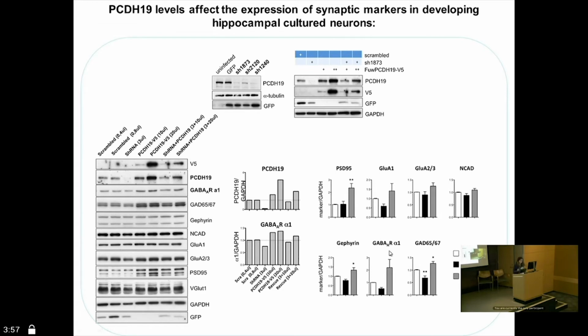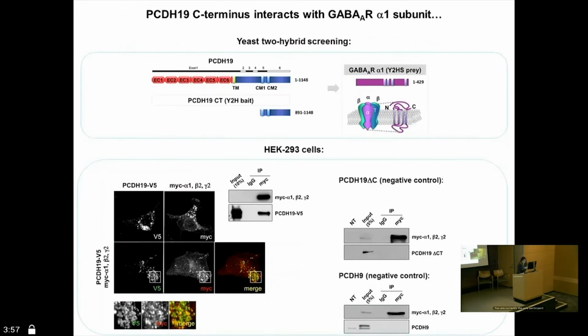So, protocadherin 19 seems to be important for the maturation of the synapses. Interestingly, we found that the C-tail of protocadherin 19 interacts with the GABA A receptor, with the alpha-1 subunit of